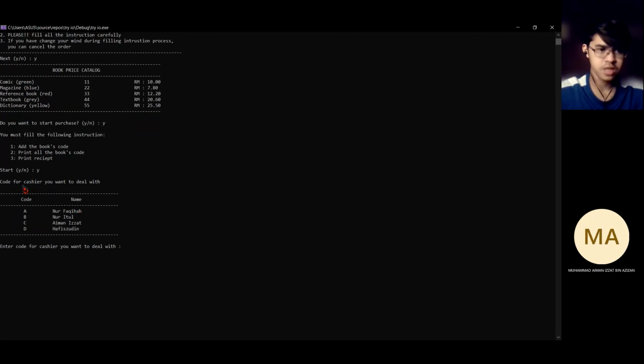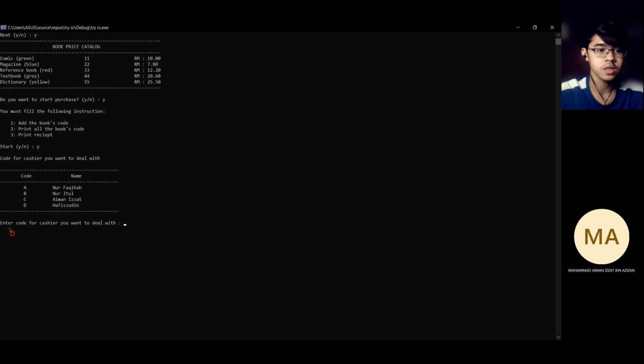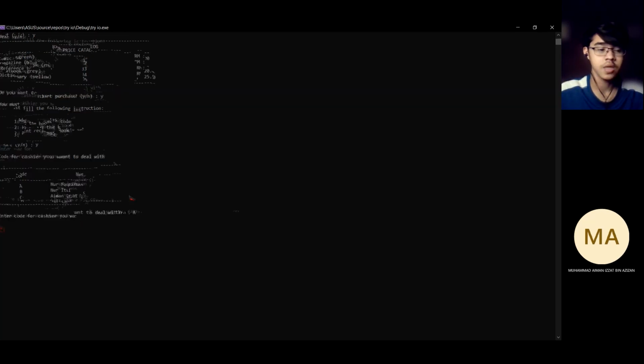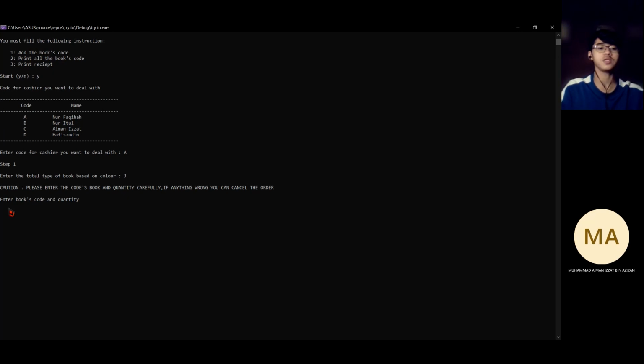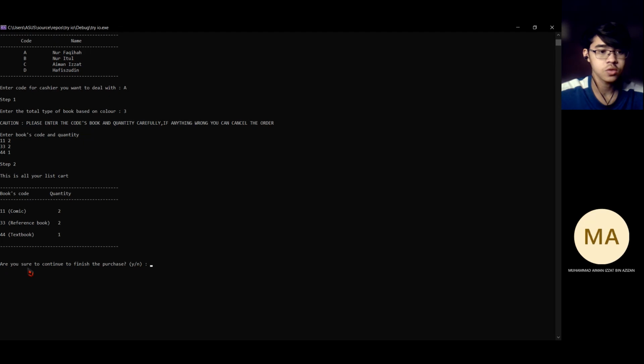Okay, right now, as you can see, enter the code for the cashier you want to deal with. So the user will enter the code based on the list here. If they want to choose Fakihah, just enter A. So the system will ask the user to enter the book code and quantity. The display asks the user, are you sure to continue to finish the purchase? If the user has confirmed here about the list card,